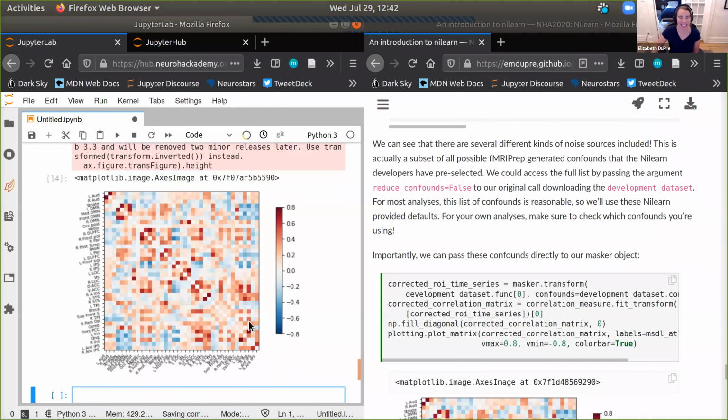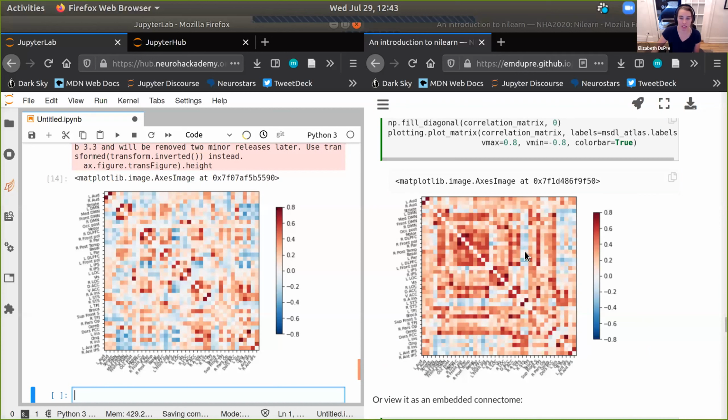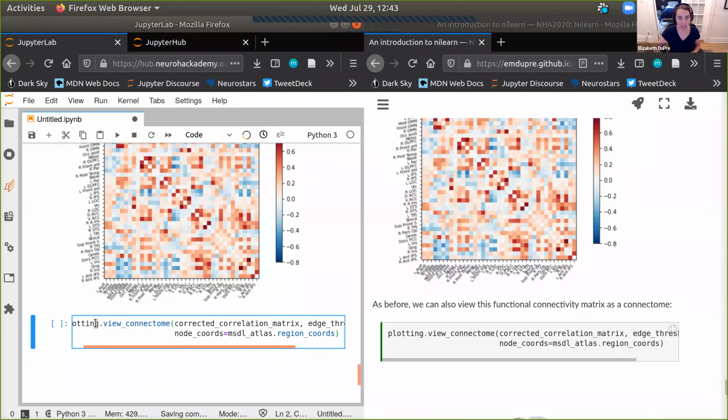And you can see already it looks quite different, right? This is what our original one looked like when we weren't correcting for confounds. This is now what it looks like when we are correcting for confounds. If you just want another layer of confirmation that it's important to correct for confounds, we can copy in the same view_connectome, the interactive one, now using this corrected correlation matrix.